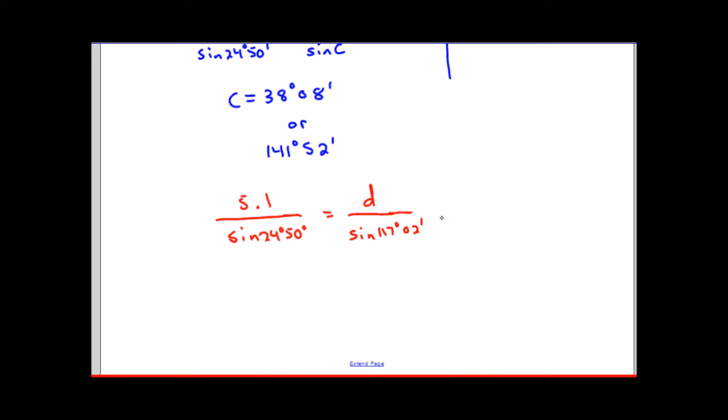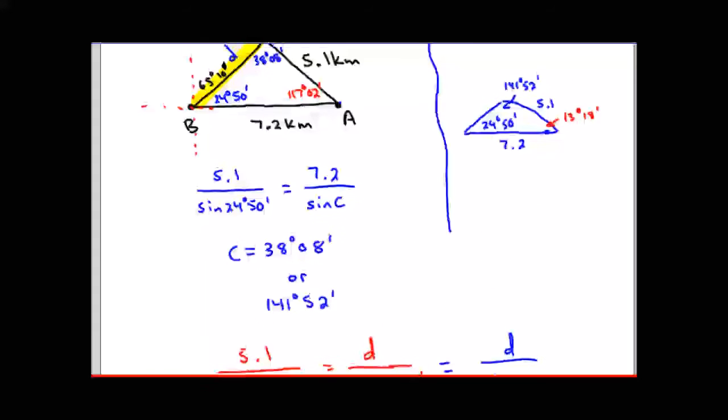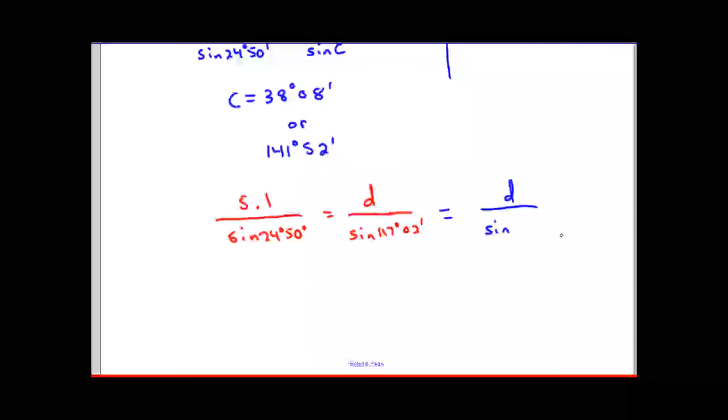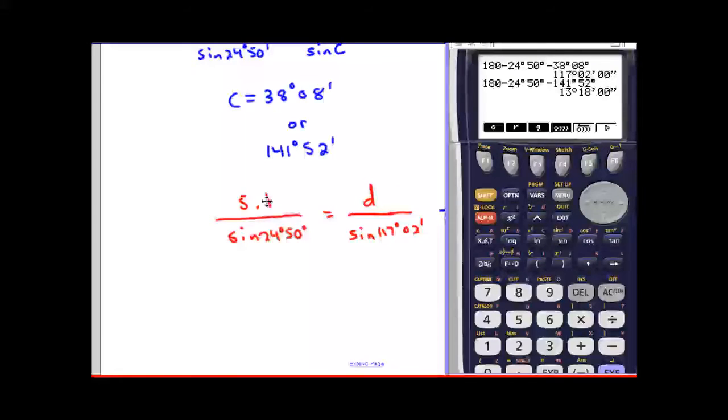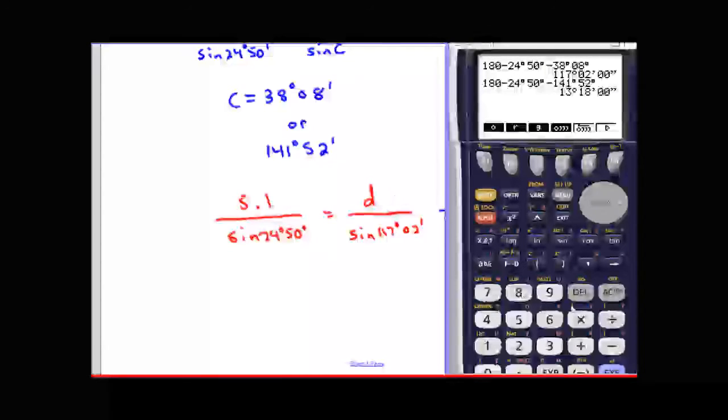In the other triangle, it's going to equal D over the sine of 13 degrees, 18 minutes. Okay, so to find the first one, if we cross multiply and divide, D is going to be